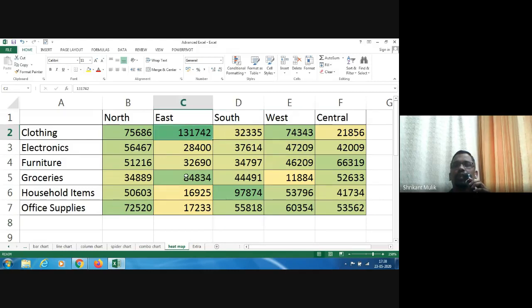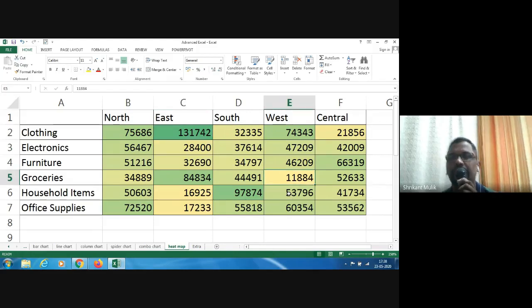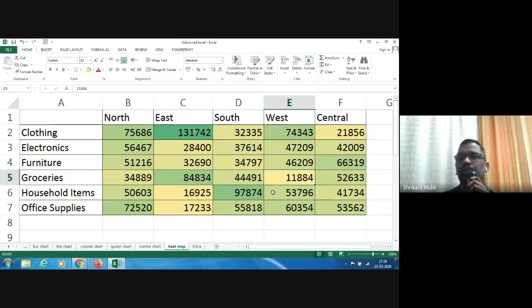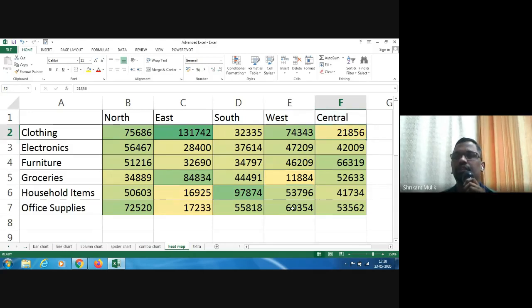Again, these are thousands of rupees values. So you could see that this is in dark green, whereas this one is the lowest value, which is yellow. So you don't want to use red per se, but you just want to use a green-yellow combination and different shades of it. This is a different shade, and this is obviously the highest green, and those kind of things. So you could use a heat map.